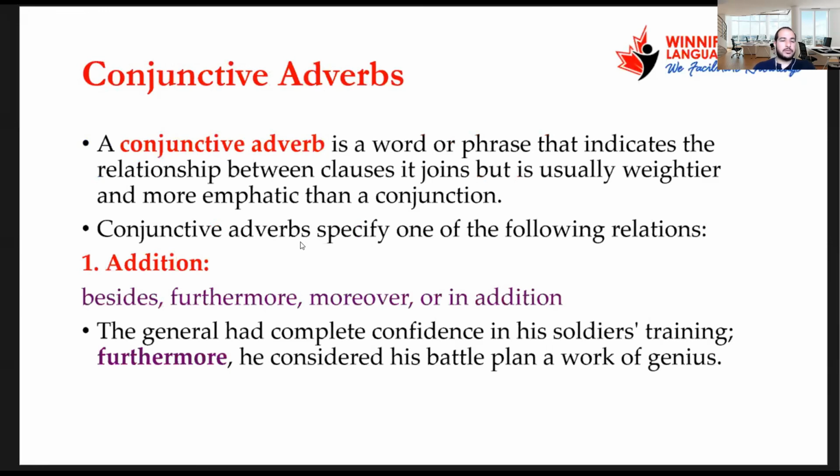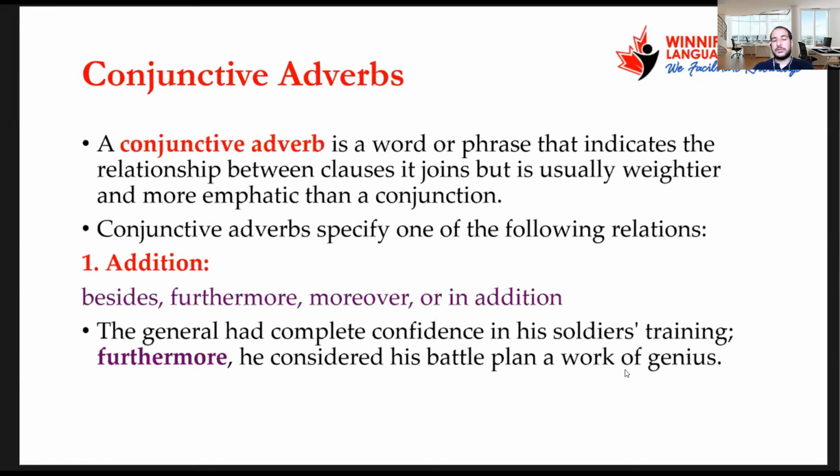A conjunctive adverb specifies one of the following relations. It can be addition, so you could use besides, furthermore, moreover, or in addition. Like this example: the general had complete confidence in his soldiers' training; furthermore, he considered his battle plan